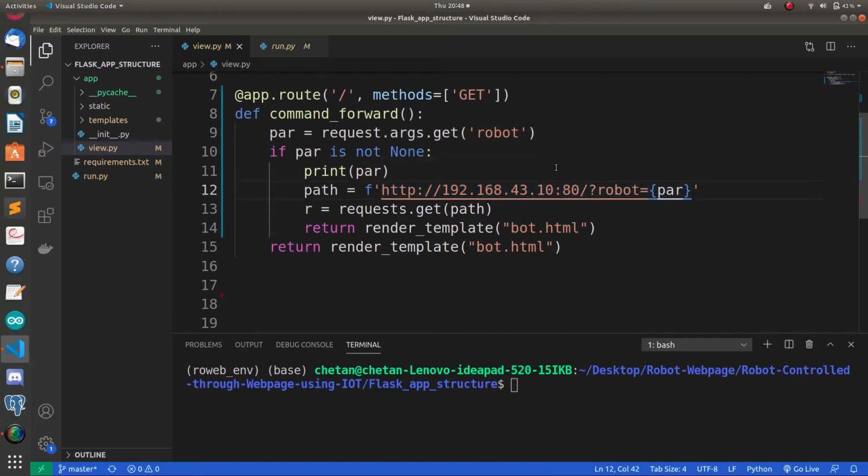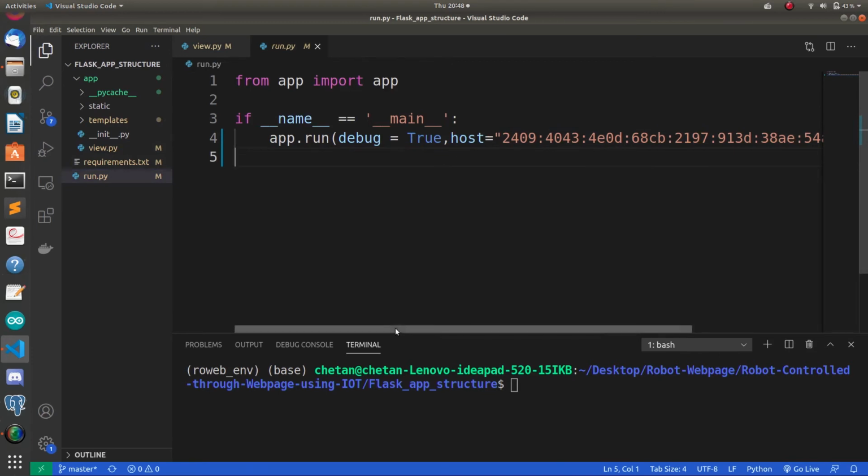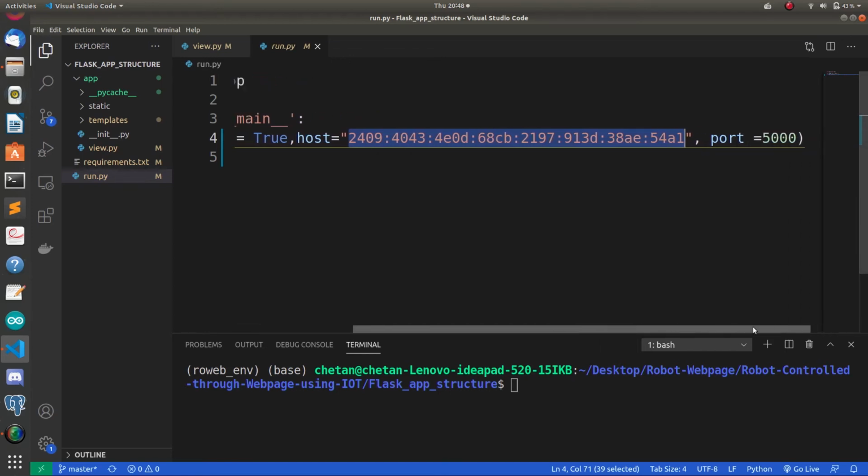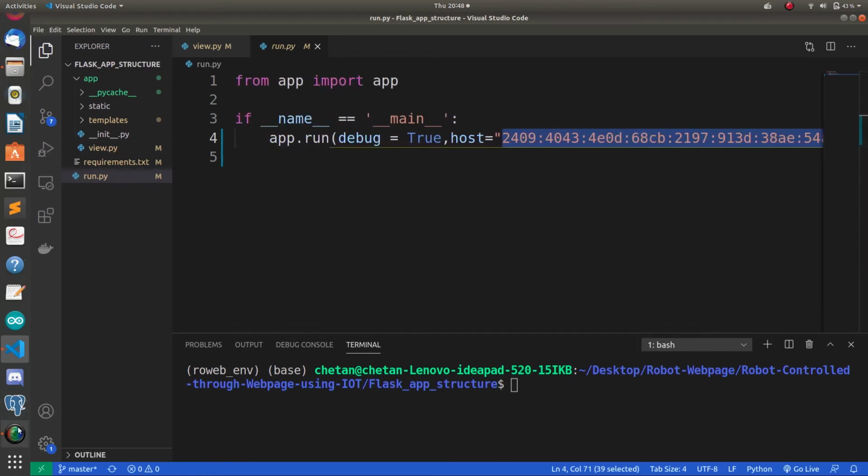So we are just forwarding the value of this variable to the robot. Now you can see that in our run.py file we are running our web server on this IPv6 address at port 5000. Now let's see the working of our project.